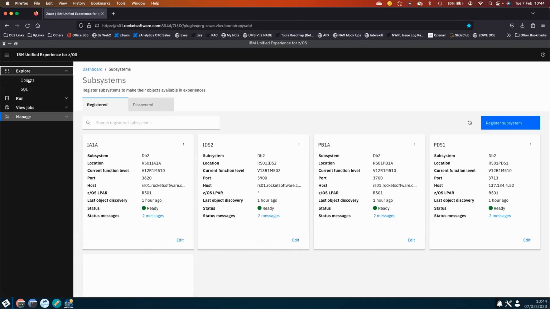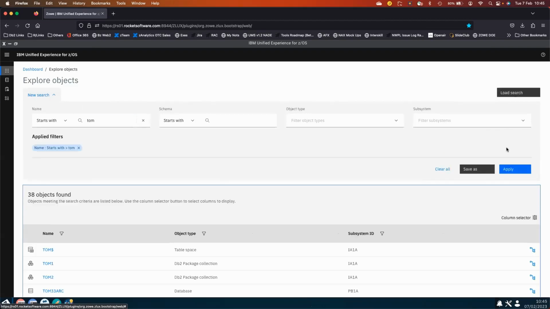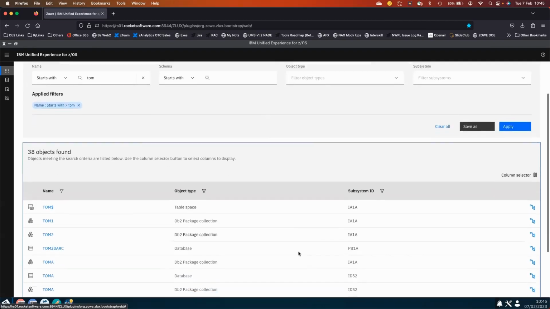So we're ready to go. If we go to objects, let's do name starts with Tom. I'm very imaginative with some of my names. So I want to look for something called Tom, and I'm going to apply. And there we are. I've got 36 objects spread across 4